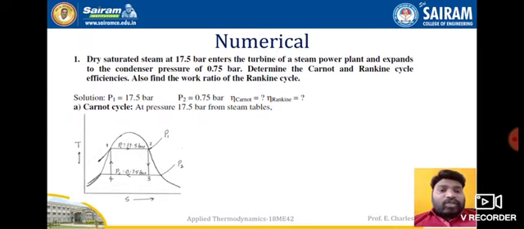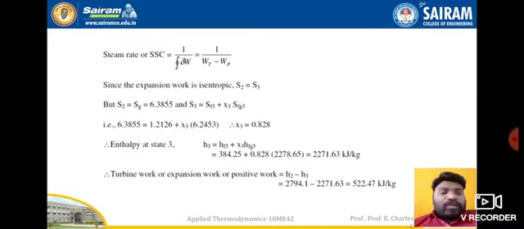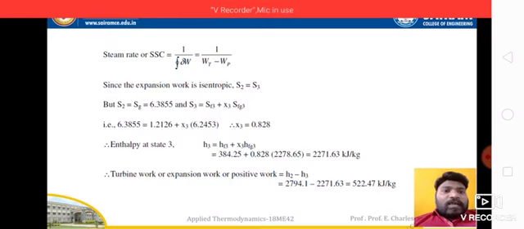When you studied it in first year, the steam chapter comes. What is the entropy formula for wet steam? What is the enthalpy for wet steam? What is the enthalpy of dry steam? What is the enthalpy of superheated steam? In the same way, what is the entropy of wet steam, the dry saturated entropy, and the superheated entropy formula? If you have any doubt, you can go back and check the values once again. Since the third state, S3, is on the wet side, wet means we need to use the formula SF3 plus X3 into SFG3, right?